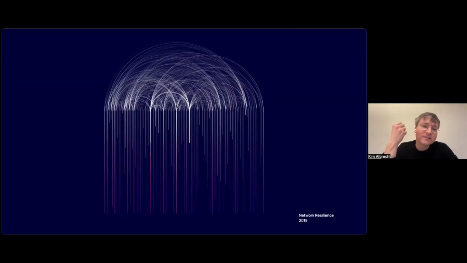What you see here is a piece that I did while working with Laszlo Barabasi in the physics department of the Northeastern University, and it's an ecosystem, a network of species living in a coral reef, and what you see at the bottom is basically the collapse of the ecosystem. So, what happens if certain species die out, and how will the ecosystem react to that?